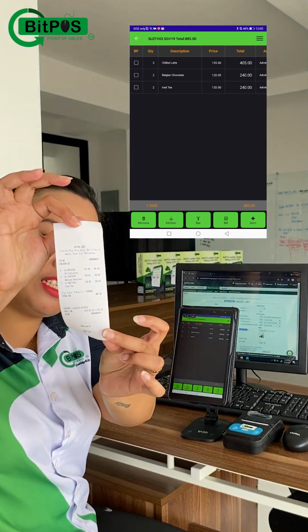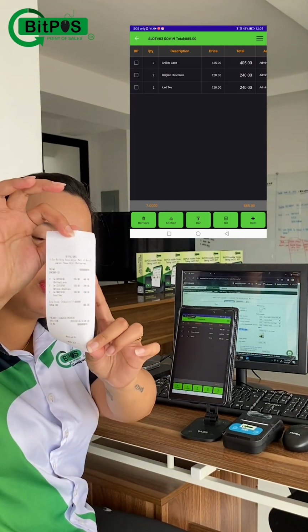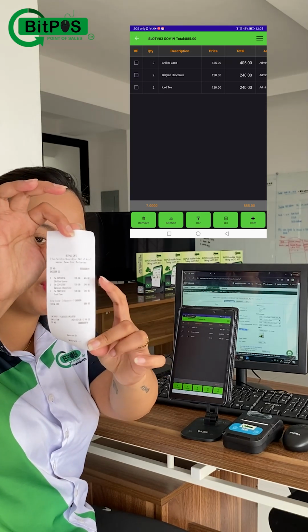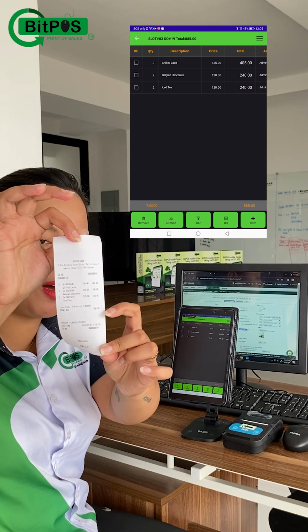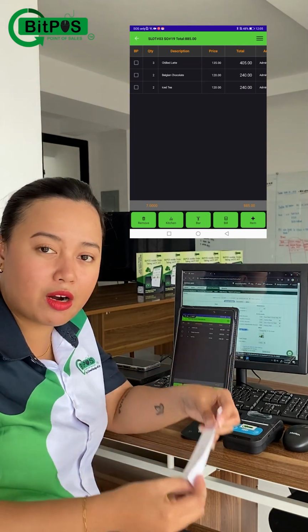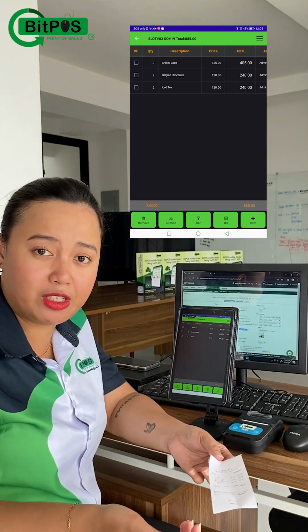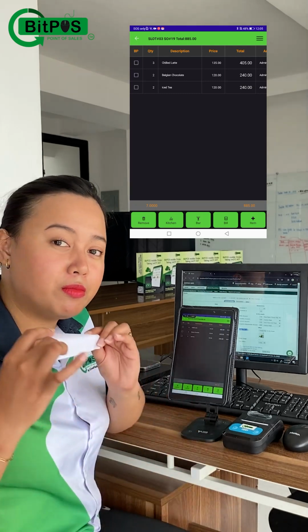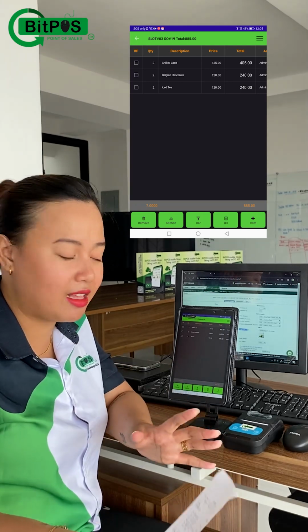And as you can see, it's very detailed. You can actually put the logo of your store if you want to. I did not put in mine, but it has the details of my store, the orders, and the total amount due. This is also pretty great if you want to give this one to the bar or to the kitchen for them to prepare the drinks, or if you want, we can connect a bar or kitchen printer for much easier and more convenient access.